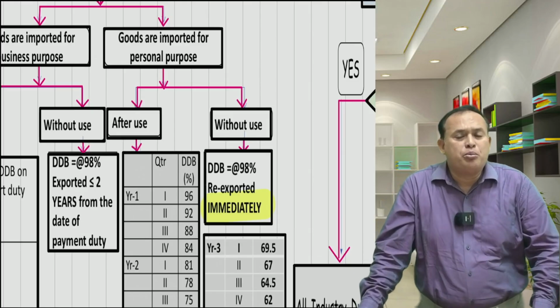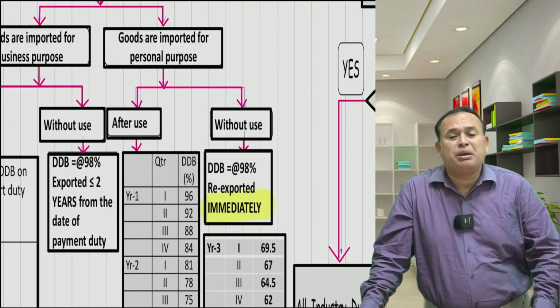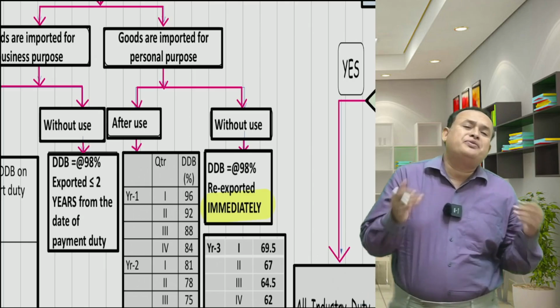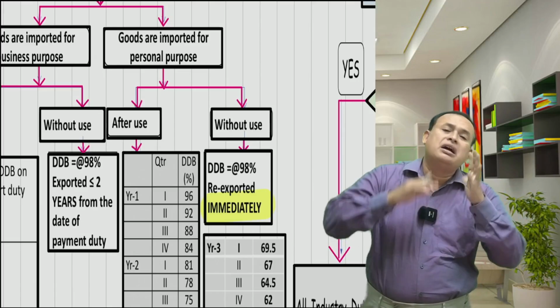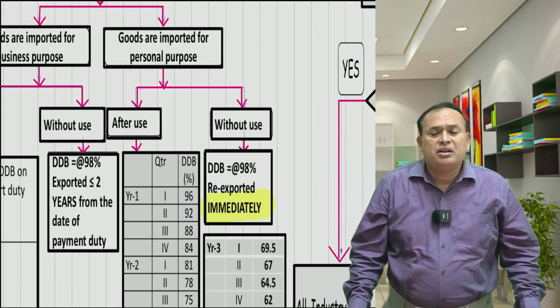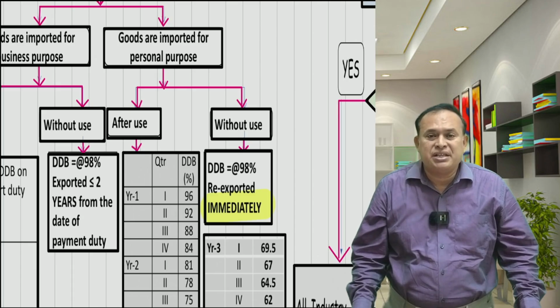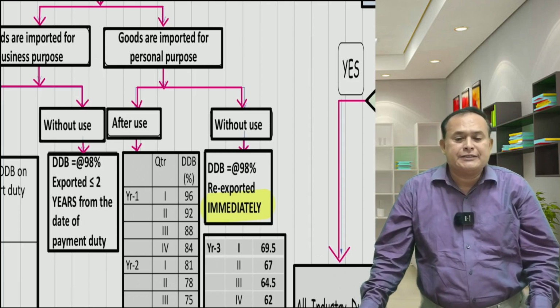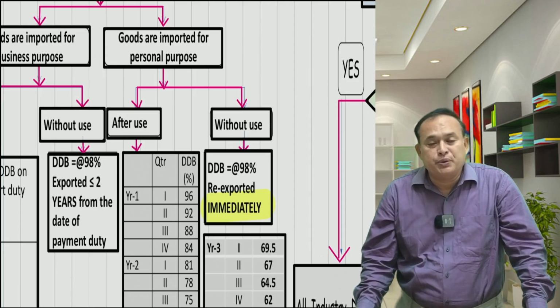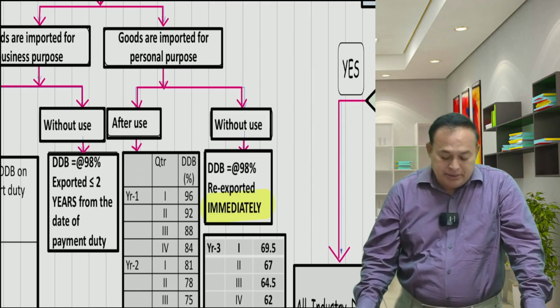Suppose I import the goods for personal purposes by payment of import duty and for some time I use them for my personal purposes, now I dislike them, and I am exporting back, returning back to the one from whom I purchased. In that case, after use, then here,